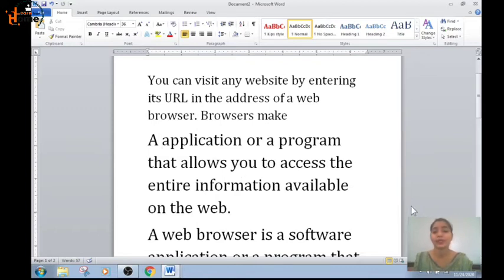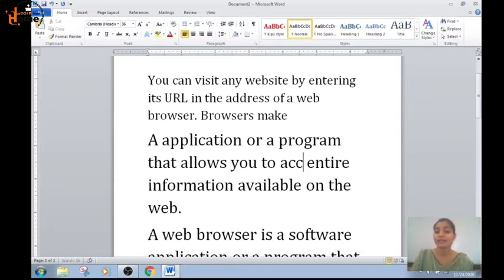One way is simply take your cursor there and press the backspace or delete key. Delete key will delete the alphabets or characters from the right side and backspace will delete the characters from the left side. Okay, if you will press backspace here, this 'x' will be removed. If you will press delete, this 'the' will be deleted. Okay, let's see. I am pressing delete key. See, the is going, so it is deleting the characters from the right side, and when I will press backspace, see it is deleting the characters from the left side. Understood how to delete the text?